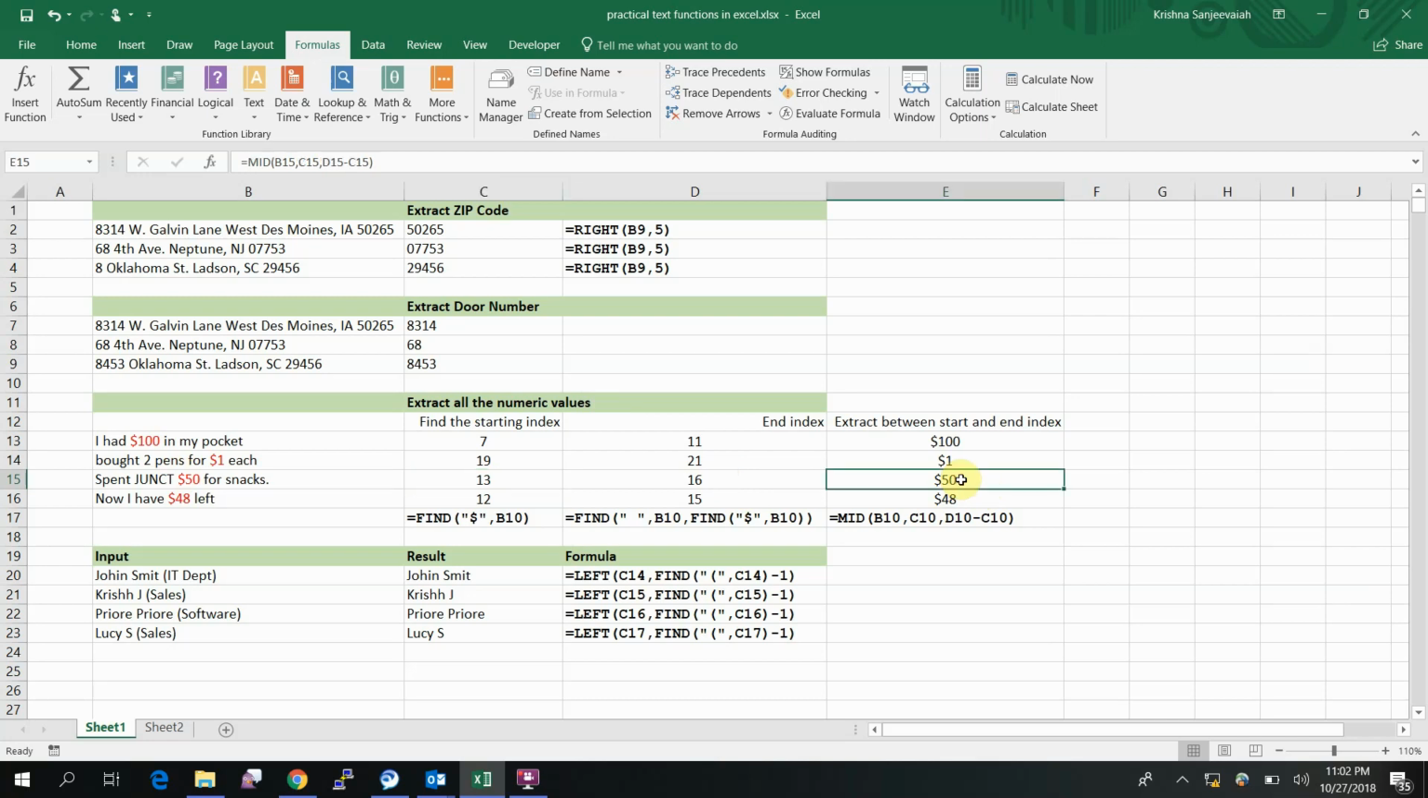So this is how you extract the text or a string within a string, which appears anywhere in the string, and you don't know where exactly it appears. Okay, so this is a formula I have written. Okay, so moving on,